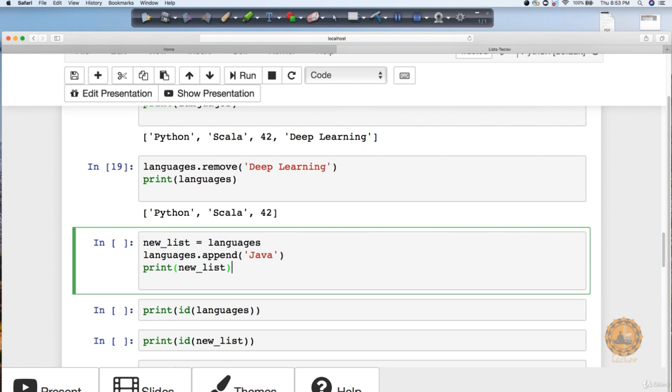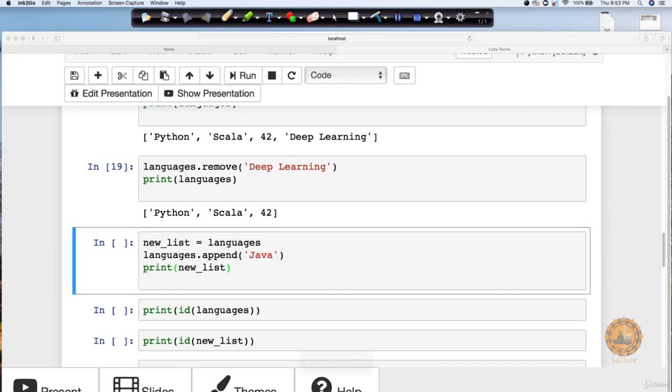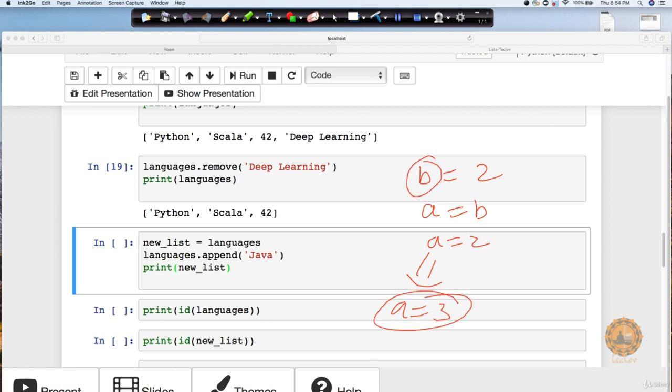Now, let me show you one very interesting thing. We generally have a habit: if I have a variable b, let's say I say that variable b is 2, and then I say that a is equal to b. What used to happen is the value of b used to get assigned to a, right? That a is a new variable. So now a also becomes 2. Now let's say I did some computation and changed the value of a to 3. In that case, usually the value of b remains unimpacted, correct?